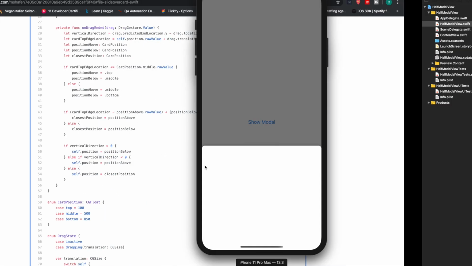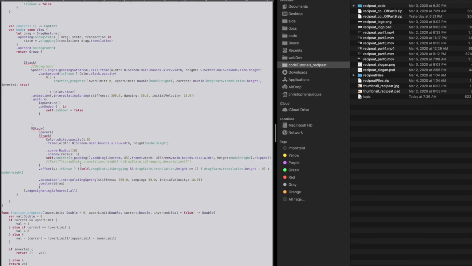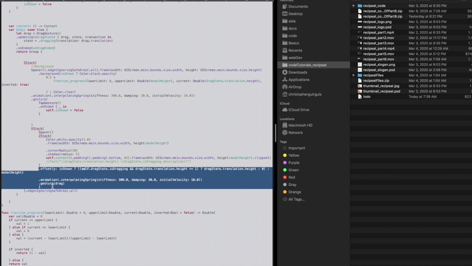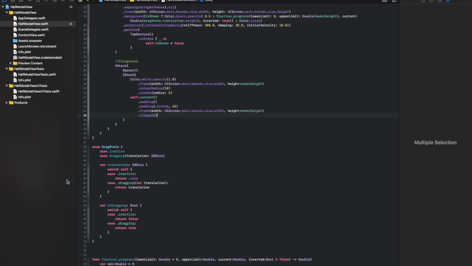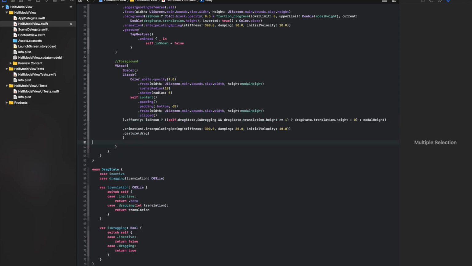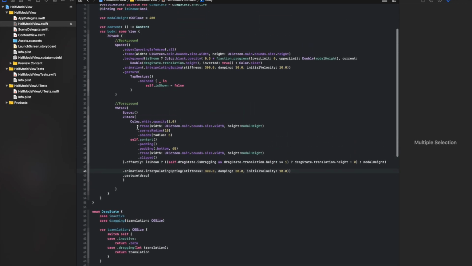and now we'll go back over here. And the next thing we're going to do is add this offset. Okay, so this offset needs to go on the ZStack. And let's talk about this offset. So if you remember this ternary operator that we had up top,